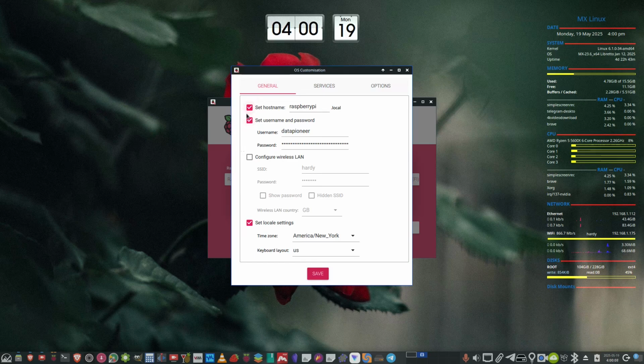These will all be unchecked. So just check your set hostname and put in a hostname here. I've got raspberrypi.local, and then select this box and set up your username and password. In my case, I've got Data Pioneer as a username, and then I selected a strong password here for my Raspberry Pi. And then if you want to use wireless, I'm using wired, but if you want to use wireless, you can select this box, give it your SSID or home wireless network that you're running. In my case, it's Hardy, and give it the password for your network,